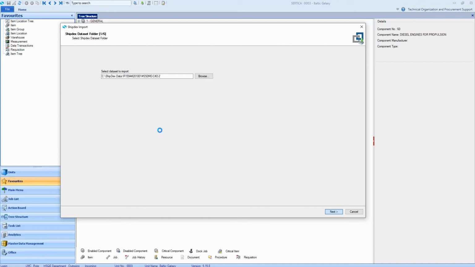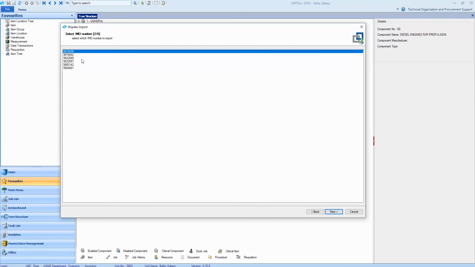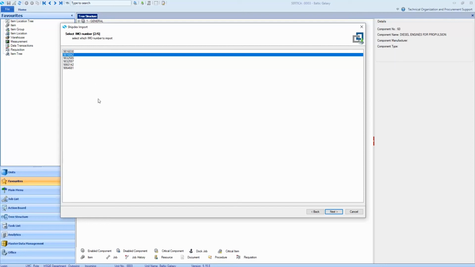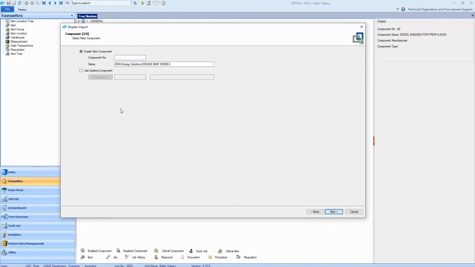It'll now load the data set and show me what vessel data is contained inside. It does this by showing the list of IMO numbers. So I select the IMO number that is appropriate for the vessel that I'm importing the data to and press next. Next step is to decide where in my data structure for the vessel I want to place the data